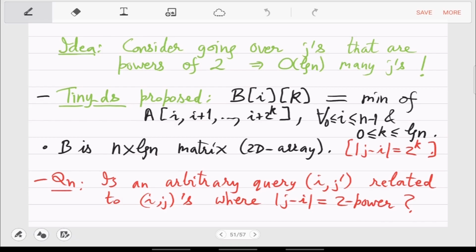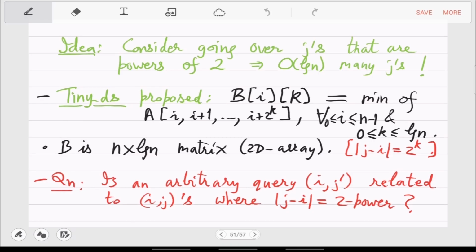So are you saying that when we are looking at an element which is just behind the last one, which is i plus 2 raised to k, then to somehow capture that endpoint, shift i forward? So you should shift i forward and maybe go to i plus half of 2 raised to k, go there, and then that minima you somehow know.